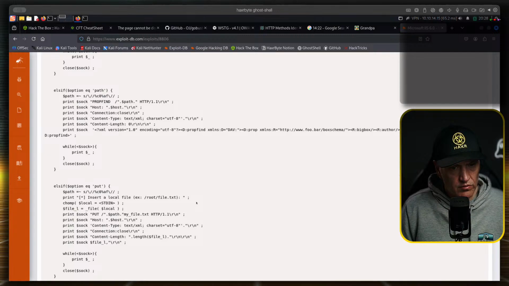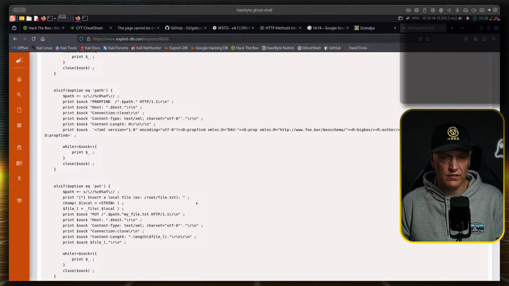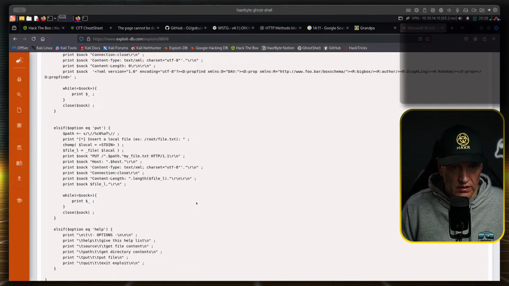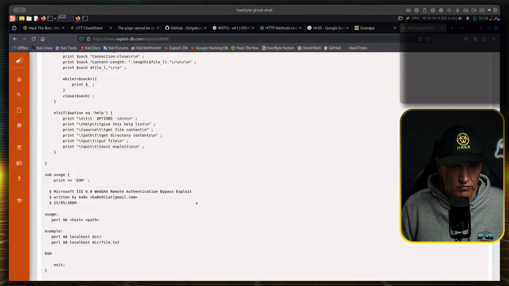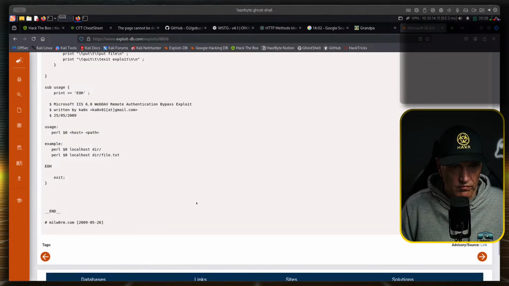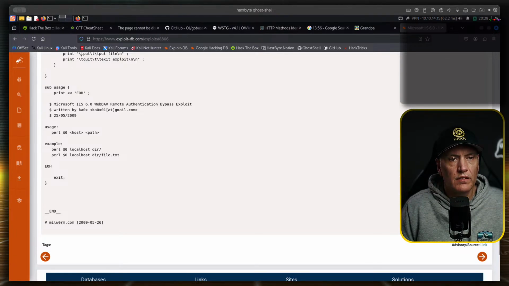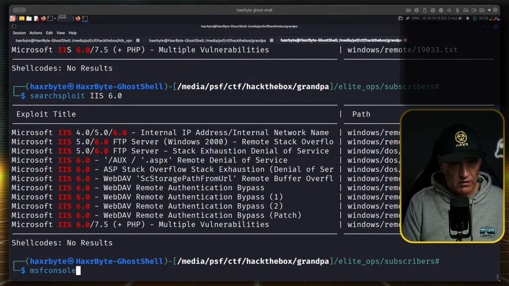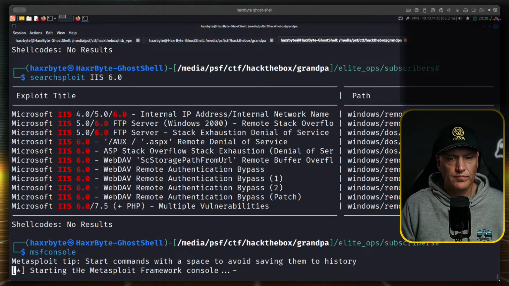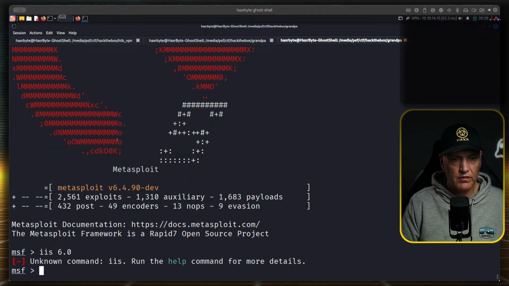This is PUT. Well, it did say we weren't allowed to put a file, but this might help us to put a file. This is a pull exploit though. I wonder if Metasploit's got an exploit. Let's see. Yes.